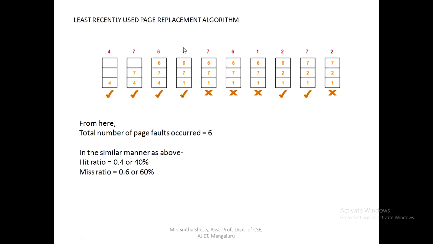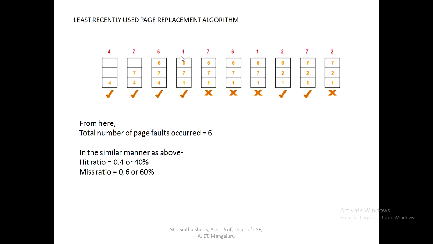Now comes 1. In first in first out, I entered 4 first, so I replaced that 4 by 1, right? But here the concept is least recently used. Least recently used means there is a simple trick. You need to place that 1, and see which number is far away from 1. When we compare here, 6 is near to 1, 7 is the next nearest, and last is 4. So I can say that number 4 is away from 1.